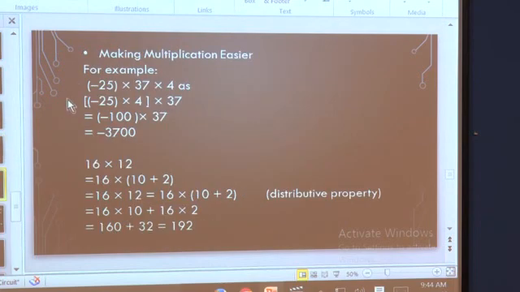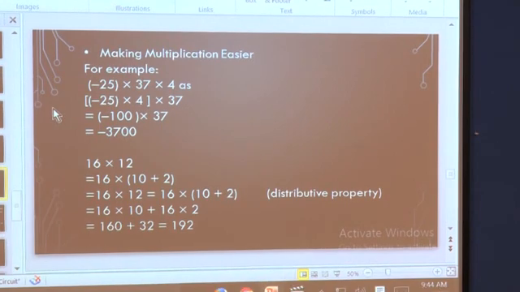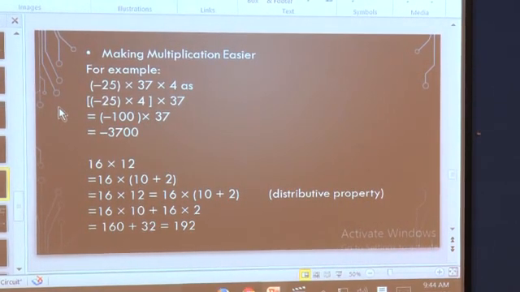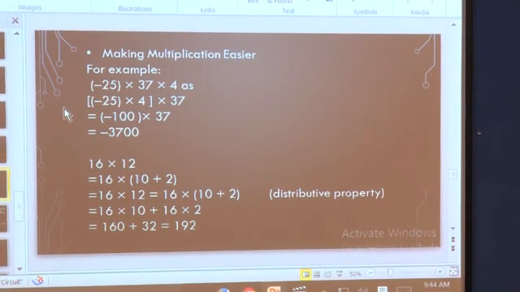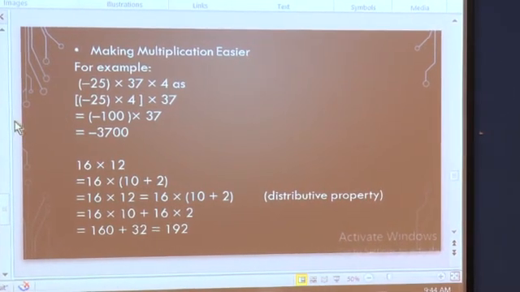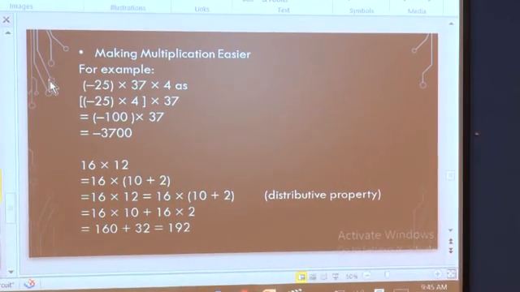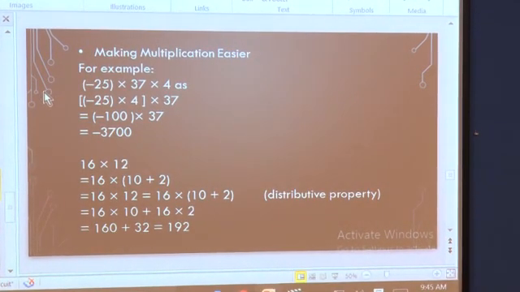Now, making multiplication easier. You know, when we have a multiplication you find very hard, I will give a simple trick for how we can do the multiplication more easily with integers. Yes, you know, when we multiply with 0 we get 0. When we multiply any number with 100 or something, we may use the magic of 0 and get the answer very easily.